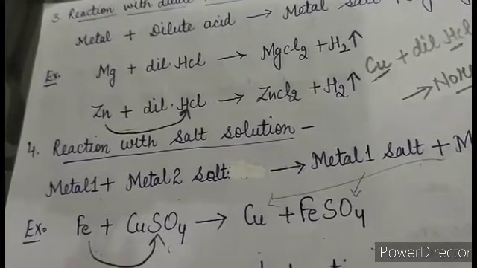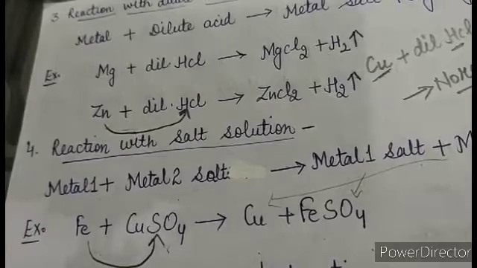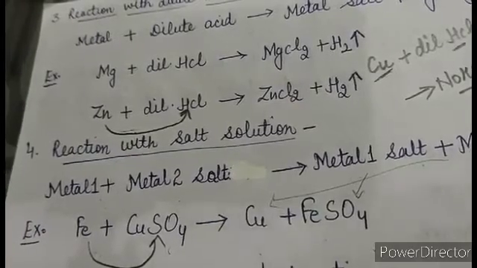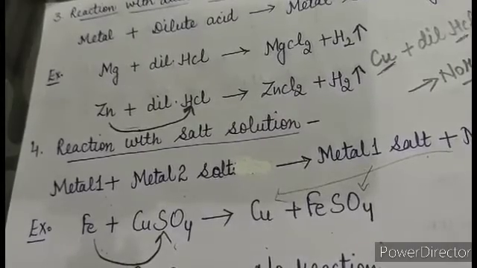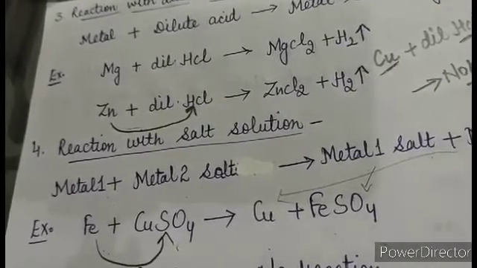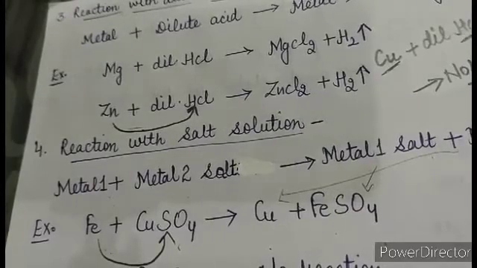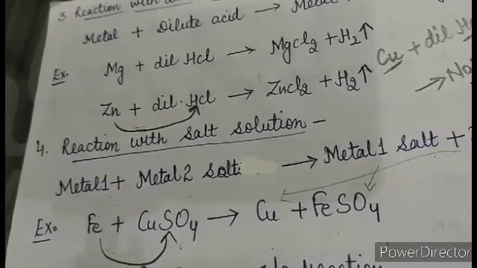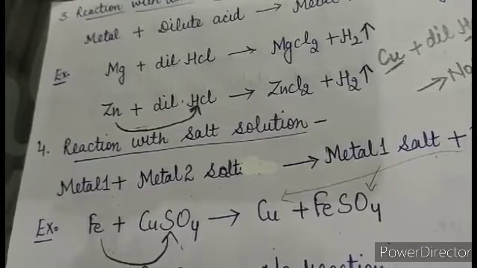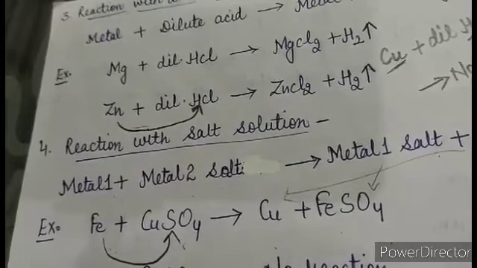Like copper is what? Good conductor of heat. That is why it is used for making the bottoms of cooking utensils. Aluminium is what? Good conductor of electricity. It is used to make electrical wires. Iron is what? Iron is alloyed with many other metals to form what? Steel that does not get rust easily. Mercury is used in thermometers as mercury expands easily on heating.